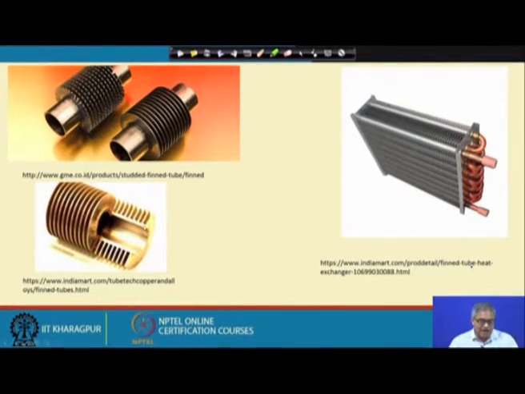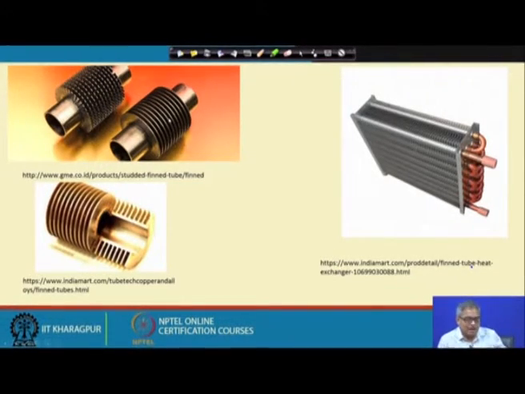Now, this design is all right, but while making this kind of a component, there will be a lot of material taken out or cut out or wasted, quote unquote wasted, because we have to make these slots between the fins. On the other hand, what you can have, the tube is made of a material and a separate kind of a fin or fin surface you can attach on it. So, that you can find in these two designs.